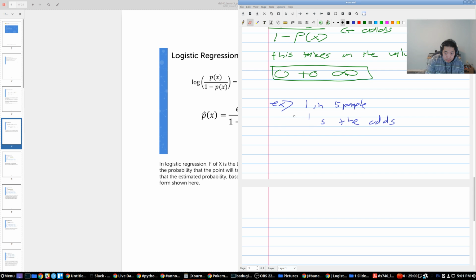Okay, so 1/4 is probably like a quarter, there's a high probability that a quarter will default out of the